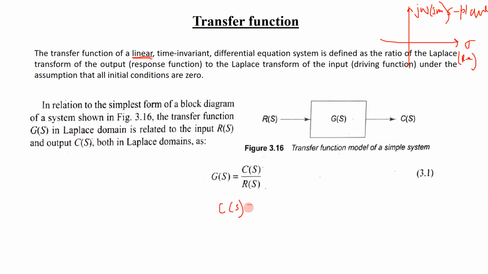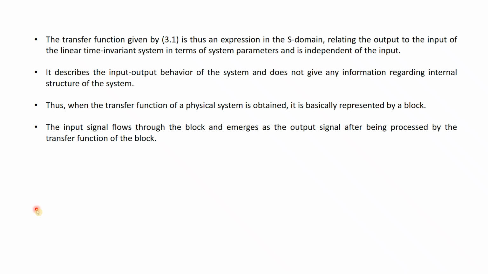Okay. So basically here the concept is that the transfer function of the block is output by input, which is in S domain, and the output, that is C(s), is nothing but input multiplied by the transfer function. So whenever you have a transfer function like this, if the output is not given, you have to calculate the output. So it is nothing but input multiplied by the transfer function, it equals the output. So this is what you get from this equation.